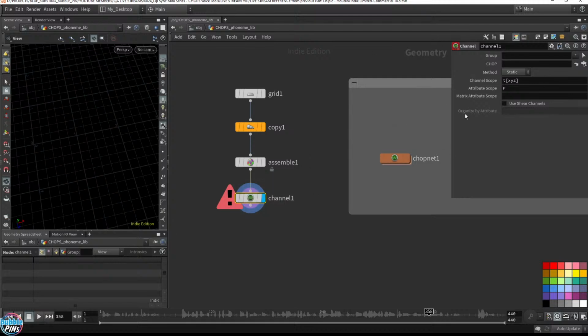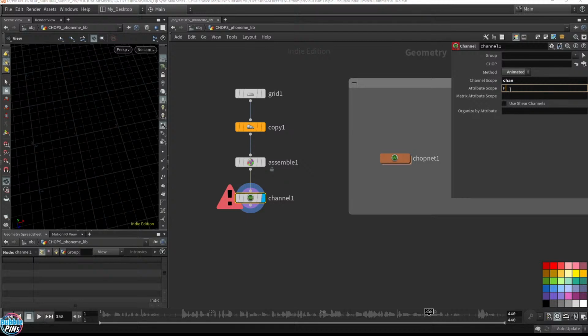So here in the channel node, come over here, and we want it animated. So we want it to be pulling the data every single frame. The channel scope is asking us what channel we want. So this is chan. It's going to figure out the 0, 1, 2, 3, 4 at the end, the number at the end of the channel name. So the attribute data that we want to feed in,